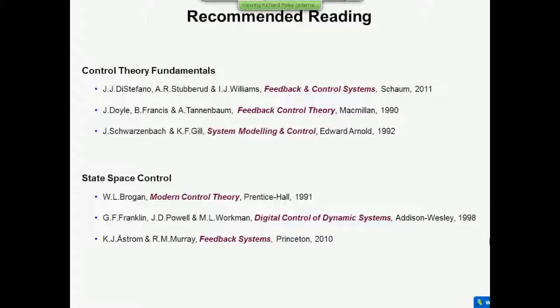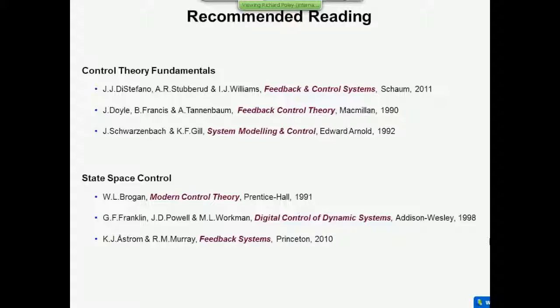It's the single best book that there is. There is a book that's been around for slightly longer by Franklin, Powell and Workman, which concentrates on digital systems, and it includes not only state-space, but a lot of the digital techniques I talked about yesterday. I think it's out of print at the moment, but you can pick up a very good copy secondhand, really cheap, and if it's out of print, they'll probably put it in print again at some point. It's really, really good. But most of that content is state-space, and it deals with estimation and also optimal control and some other topics in control as well.